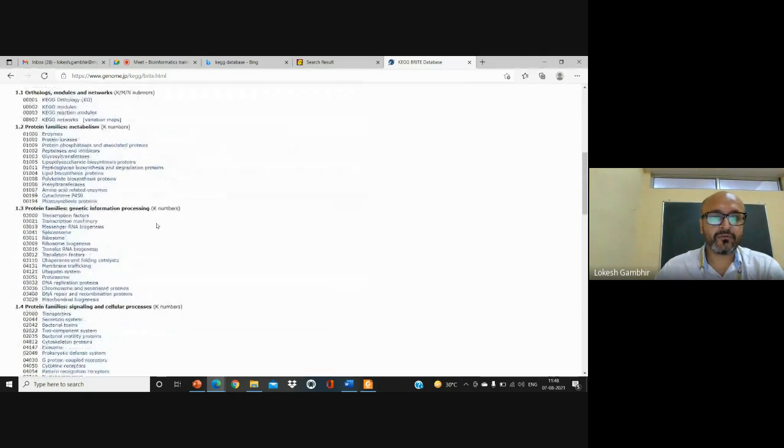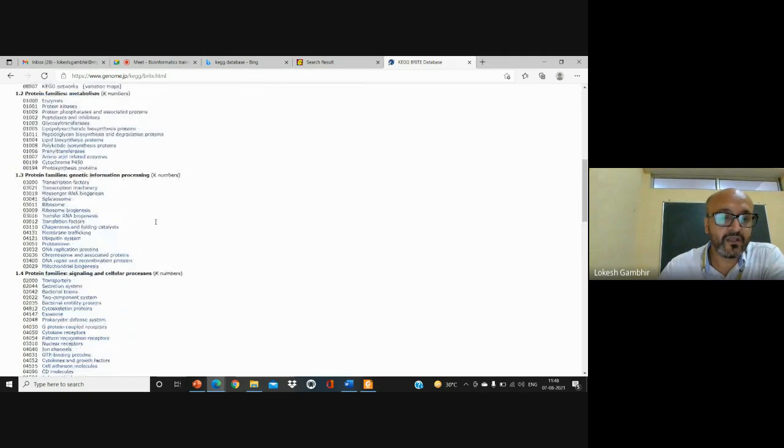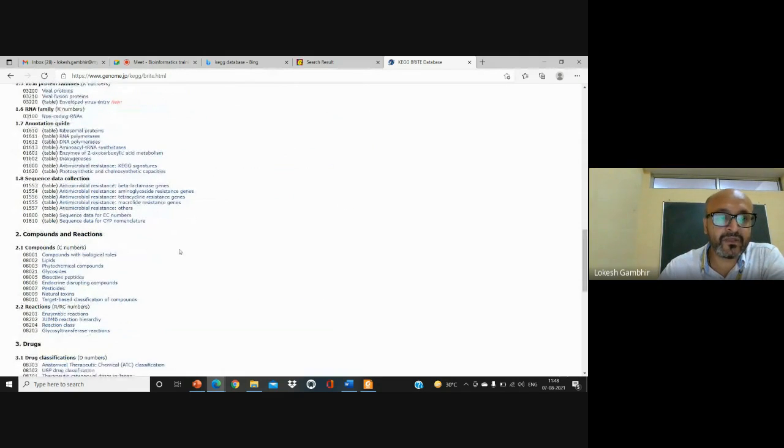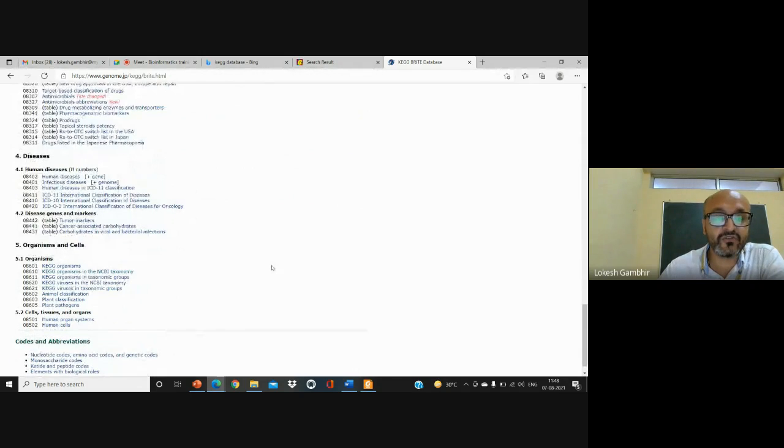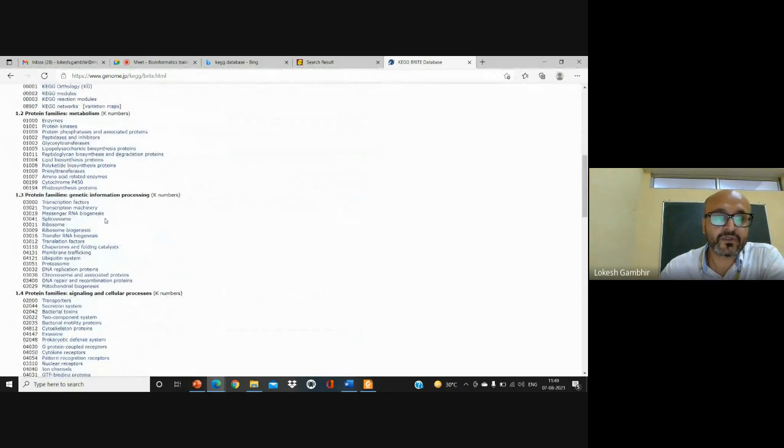Now let's say I'm a student and I want to understand how DNA replication is happening, how transcription is happening. I need not do anything. Go to the home page, search down, and you will see compound-based classification, disease-based classification. You need not search. This is the table format that they provide to you. You see, they are providing you the transcription factors. What are transcription factors? They are also providing you the details for your complete understanding of DNA replication proteins or the DNA repair proteins. I click on DNA repair and the page will open.